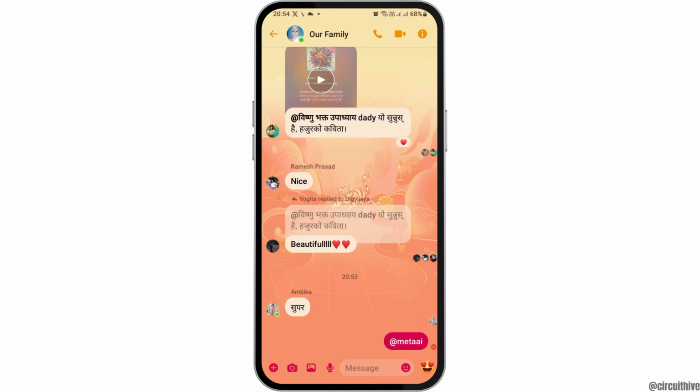Now after you tap on at the rate Meta AI, it will be shown that you will be able to chat with the Meta AI. But if you are not able to chat with the Meta AI, now what you can do is, it